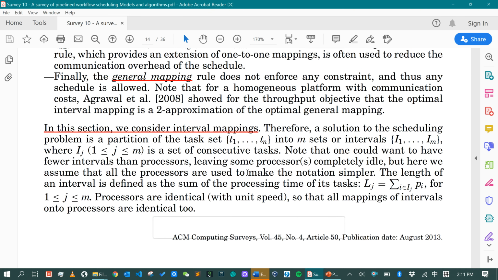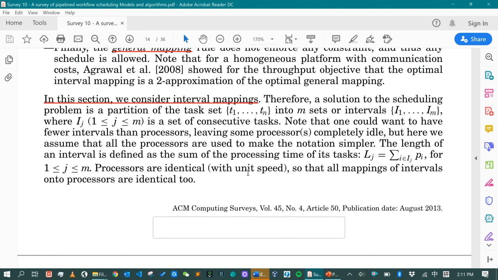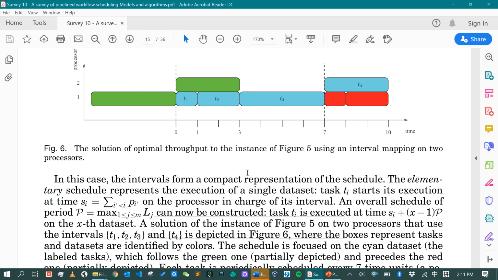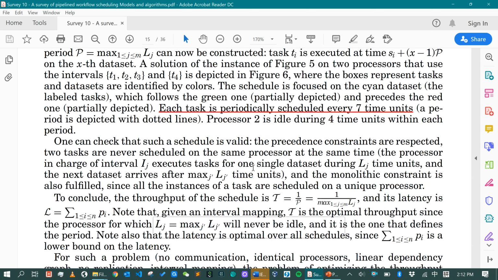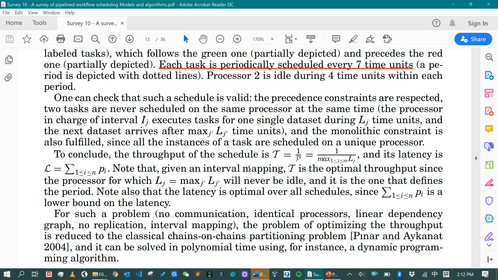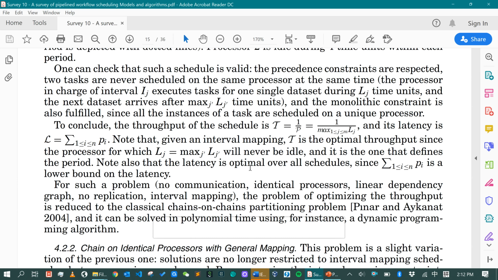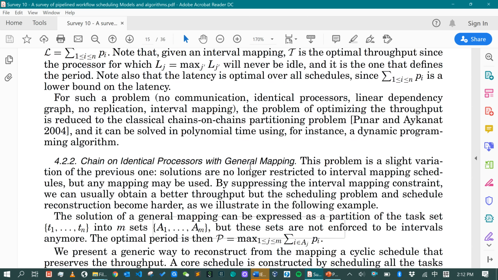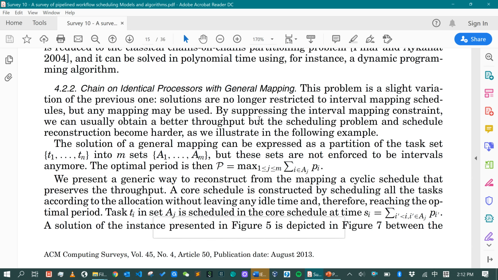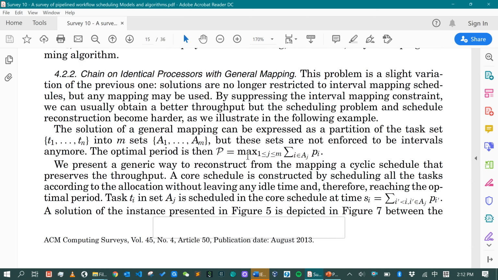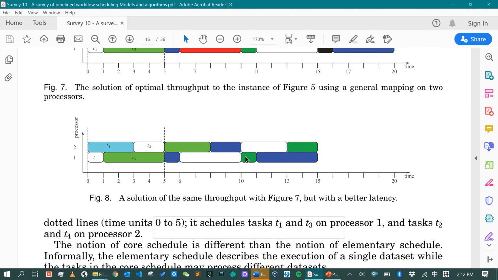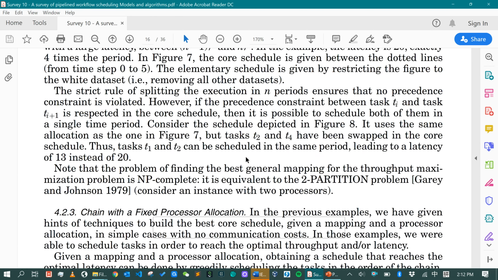In terms of the three types of mapping, they list out some scheduling examples with graphs, with details, and talk about how they schedule, what the purpose and objective are, and how they made that. So they give a very fine-grained classification or categorization of the different types. So you can see here,